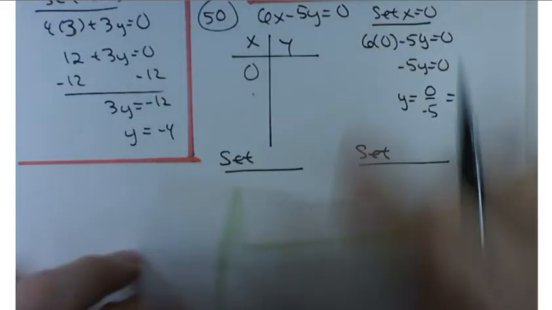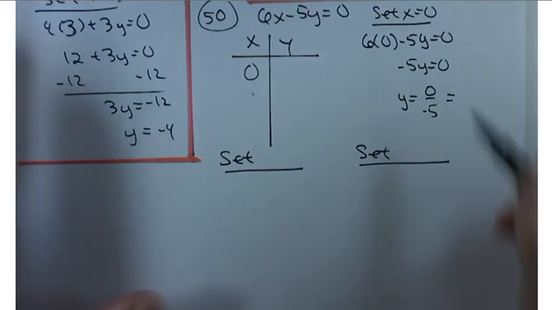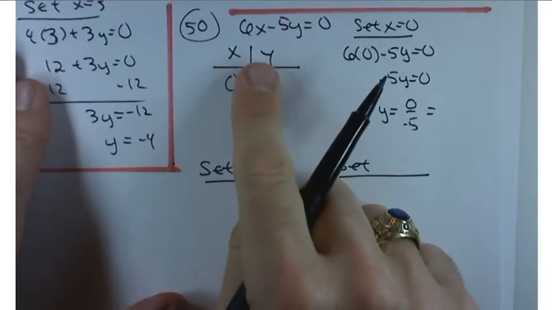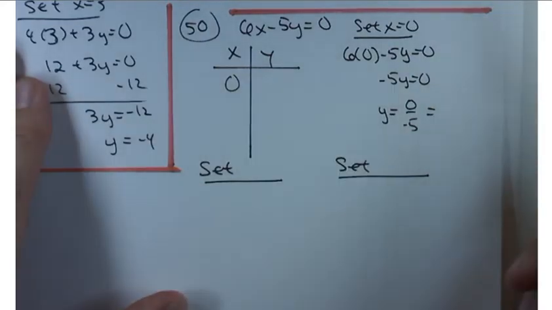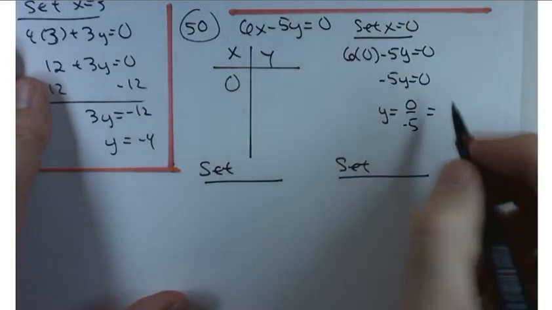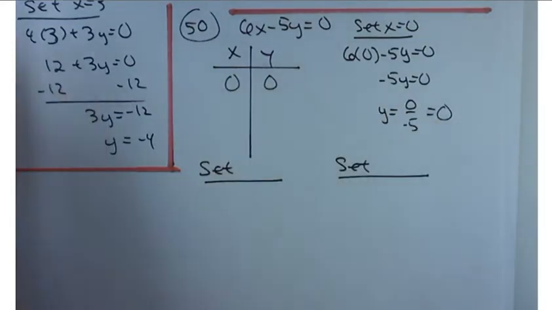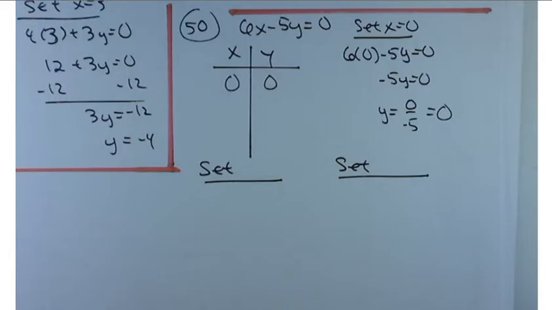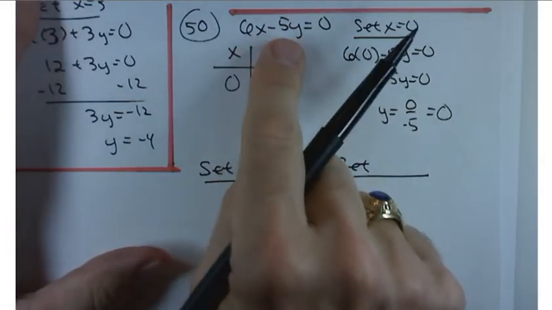So, kind of predictably, this is a follow-up to problem 48. When you set x equal to 0, you get y equals 0. So trying to find the intercepts doesn't exactly work for us in this particular problem. Well, it's okay. Now, it occurred to me as I was walking around that if you want to get yourself